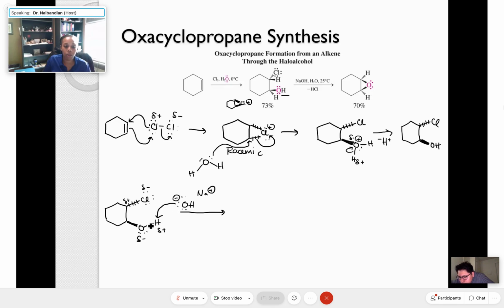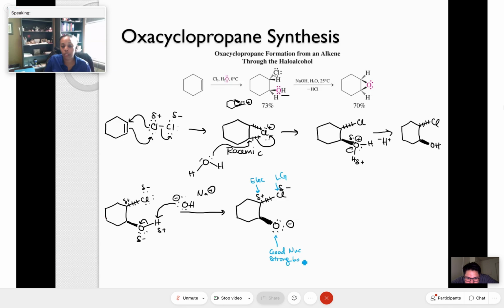It goes to pick up the proton. And so we end up with this intermediate where we have our oxygen now with a negative charge. So as I said before, we have a carbon that is an electrophile. We have a chlorine that's a leaving group, and we have an oxygen that is a good nucleophile. It's also a strong base,